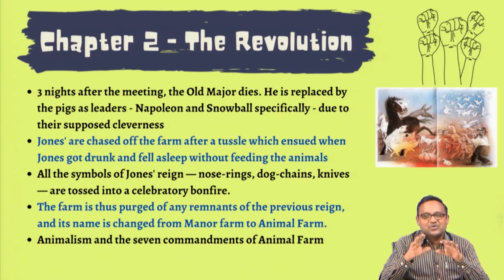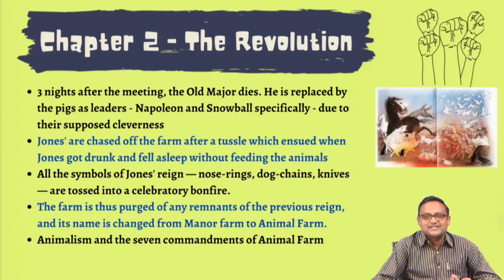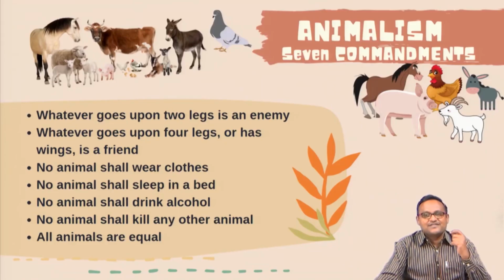This is when animalism, the central doctrine that Old Major had taught, comes into effect, and animalism, with its seven commandments, now occupies the wall of the old barn. So what is this animalism, and what are these seven commandments? Here are the seven commandments, like the ideals of communism and Marxism that you have talked of. So this is animalism. Of course, you must have already found out the similarities there. Now, these are the seven noble commandments.